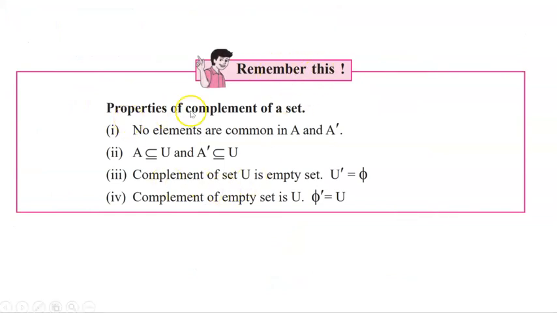remember these properties of complement of a set. No elements are common in A and A complement. A is a subset of U and A complement is also a subset of U. Complement of U is the empty set and the complement of empty set is U under the consideration. Okay, complement of phi is U. Means what? आपण त्या ठिकाणी ज्या प्रकारचा सेट consider करत आहोत तोच मात्र त्या ठिकाणी complement of phi is U असतो. Okay, next,